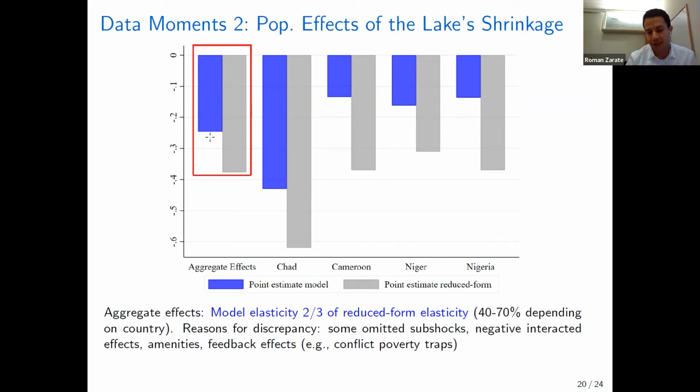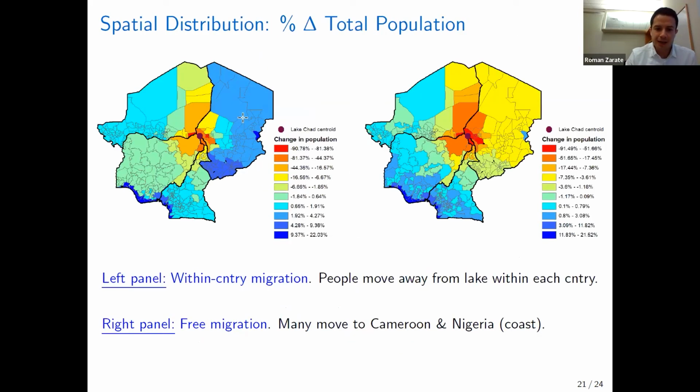We believe that we are missing part of the shock. We're not including mortality, for example, here. So that's the reason for the discrepancy between what we're getting in the model and what we're getting in the data. Okay, and this is just how people respond to a shock and how people migrate